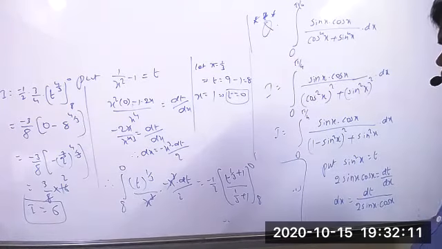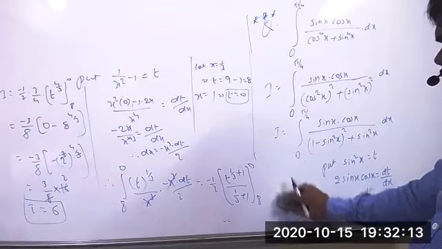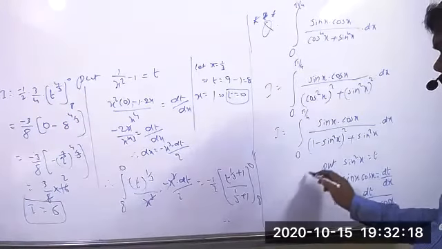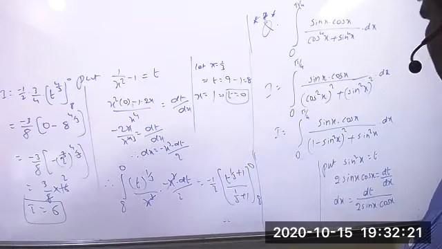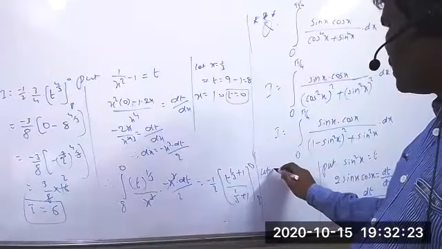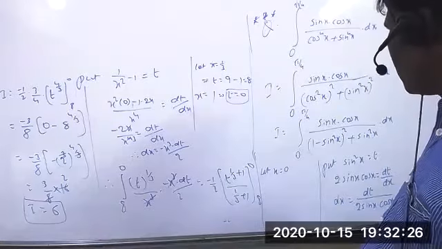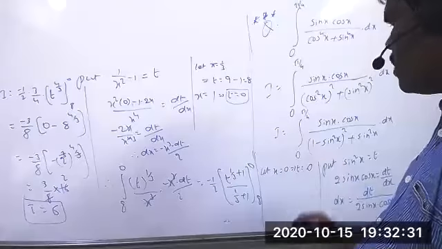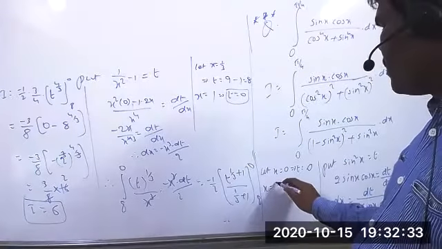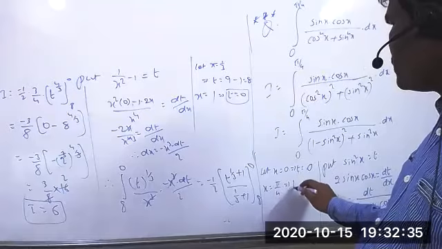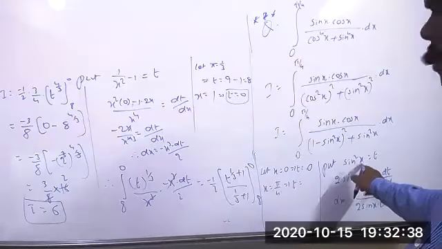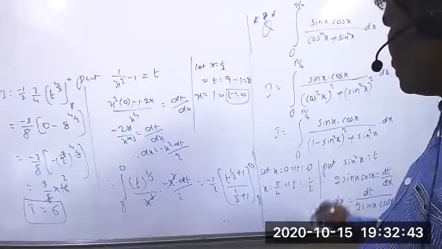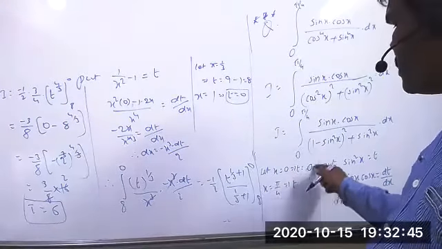Okay. But when you're taking the substitution, clearly we have to find, because the given limits are the values of x here. So now you can find the value of t. Let x equal to 0. So the value of t equal to, tell me, sin square 0 equal to 0 only. And then let x equal to pi by 4. That implies the value of t equal to sin pi by 4 equal to 1 by root 2, na? 1 by root 2 whole square equal to 1 by 2. The limits from 0 to pi by 4 you can change into 0 to 1 by 2.